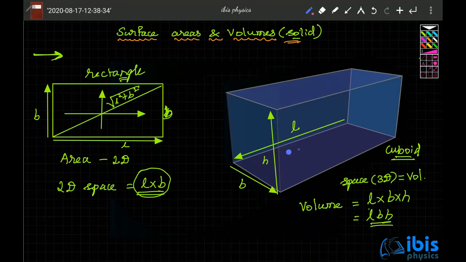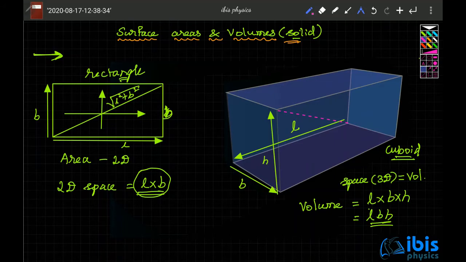Suppose you are sitting here facing the board. On your right behind corner, here is this. Suppose you are there, on your left above corner is this. Suppose the line joining this corner from your left to this is called the diagonal of the cuboid. Before arriving at the diagonal of the cuboid, let's talk about the